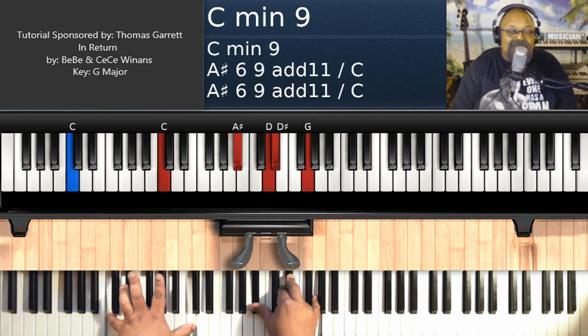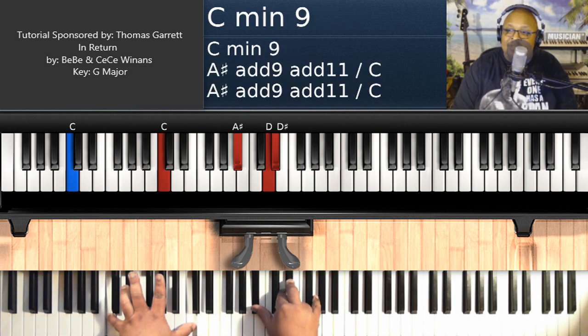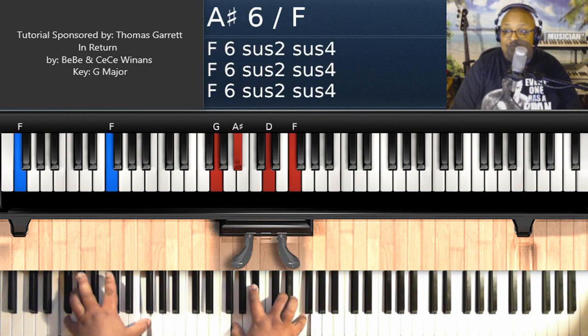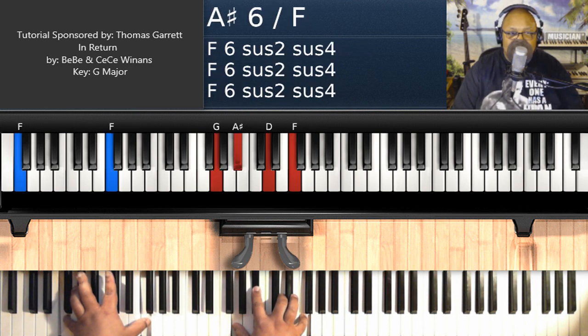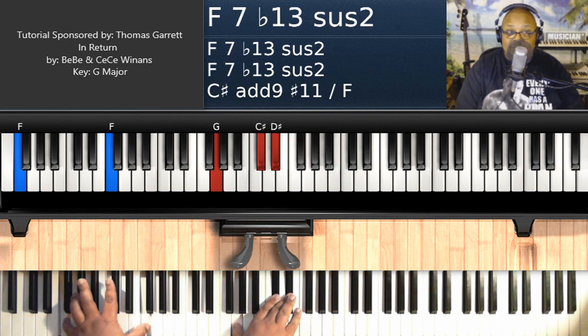So you want to play C minor 9, C on the left hand, B flat, D, E flat, G on the right hand. Then you're going to do G minor 7 over F. Okay. F on the left hand, G, A sharp, D, F on the right hand. Then you're going to do,